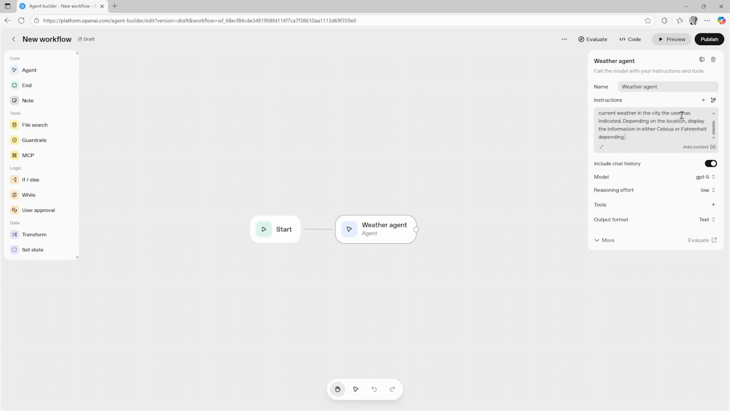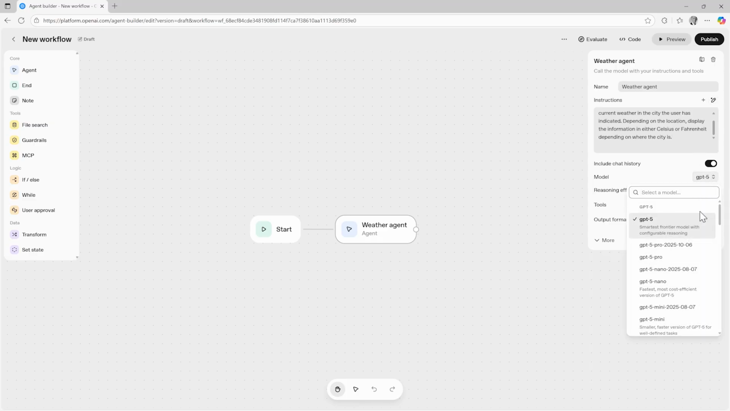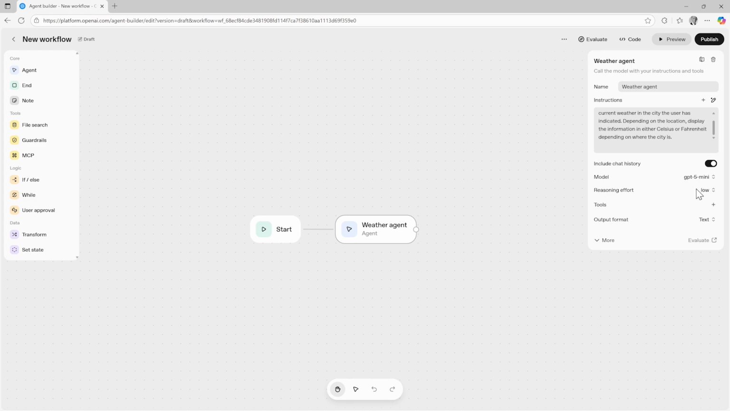We want to give the weather forecast in either Celsius or Fahrenheit, depending on where the city is. We then choose the appropriate model. It defaults to GPT-5, but given how small and straightforward our workflow is, we can go down to GPT-5 Mini. From our initial testing, when attempting to do multiple things in one agent, for example, find the current weather, structure it, and output it in a widget,